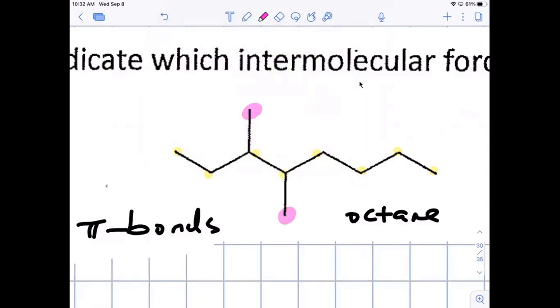Good. Now, that you said 5 and 6, that's great. I'm with you. But when we get ready to name it, we got to count from this end, because it gives those substituents lower numbers. Right? So you don't count from the right side every time. Yeah, not every. No. You can count the number of carbons. That's fine. But when you get ready to name it, you want any of your groups, your substituents that are attached to the chain, you want them to have the lowest number possible. So you want to always start counting from the end that's closest to that first branch point. Okay. That's a great question.